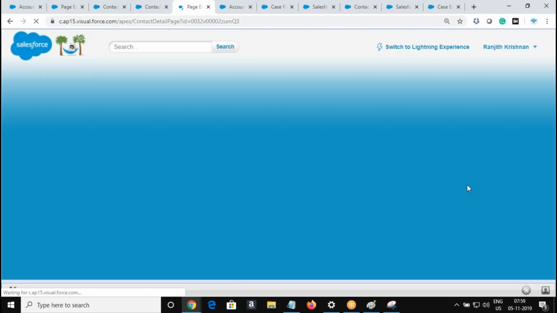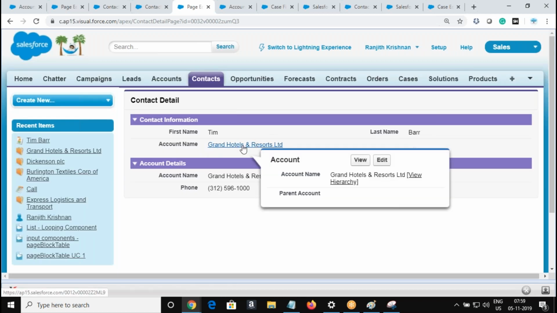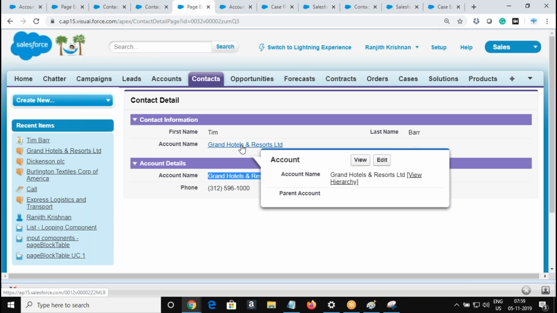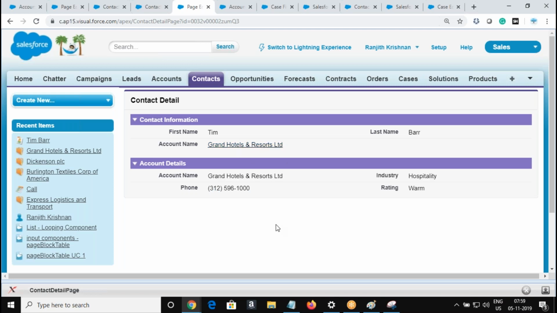So this is actually a lookup field. A lookup field as a property will display as a hyperlink, right? But not your field from the account object. These are not lookup fields. These are all plain fields. What you are referring to here is a field which doesn't have that property, where only the lookup field will display in the form of a hyperlink. Are people able to follow this?